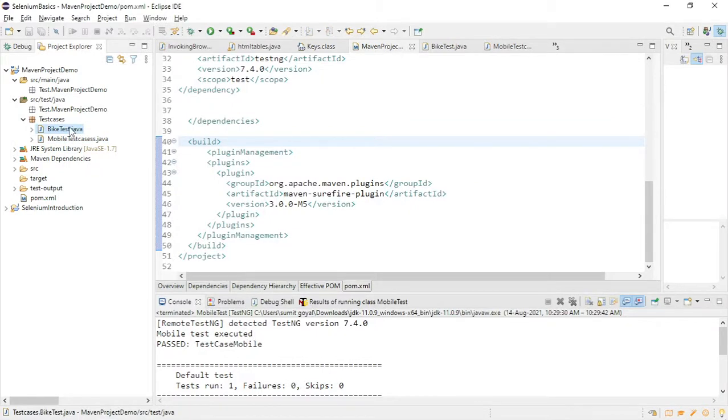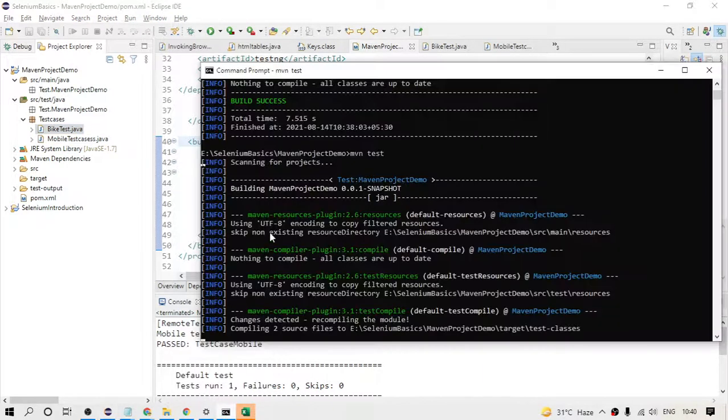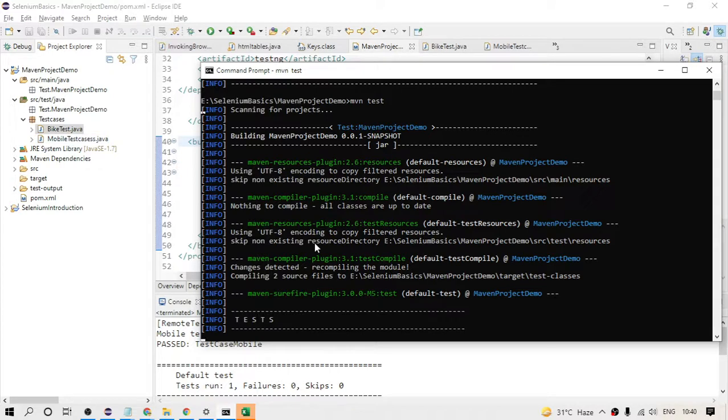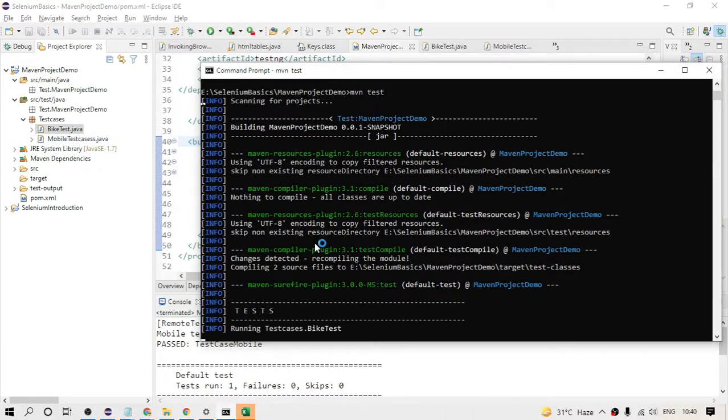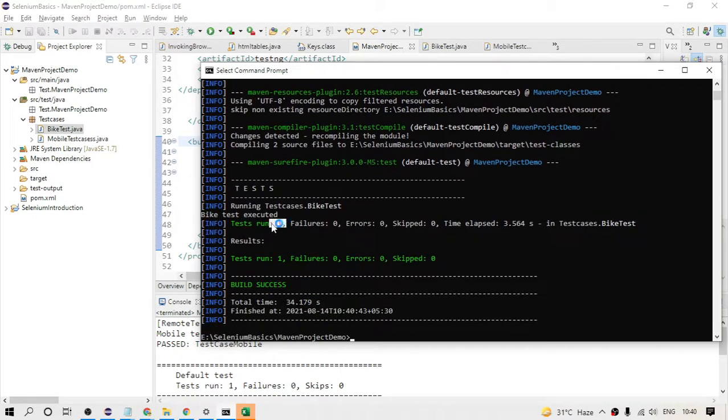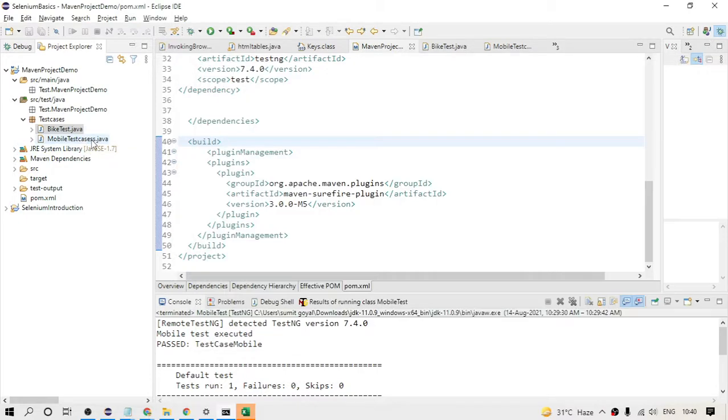What happens is that if you do not provide Test, capital T, after the file name, Maven will recognize a file only when Test is present after the file name. So this time only one output should be there, because after the mobile test cases class name there is no Test present, right? So after each and every file, if you do not provide Test, Maven will not recognize it. So this you need to take care. You can see this time tests run 1, because I have not provided Test after this file name, right?